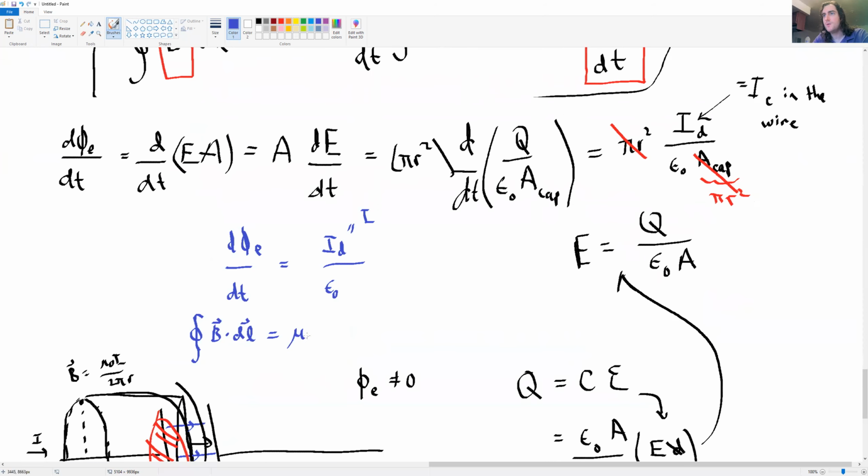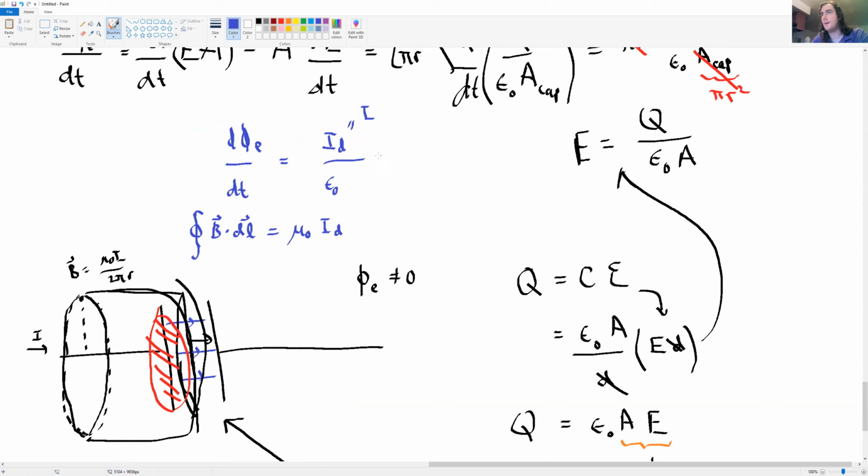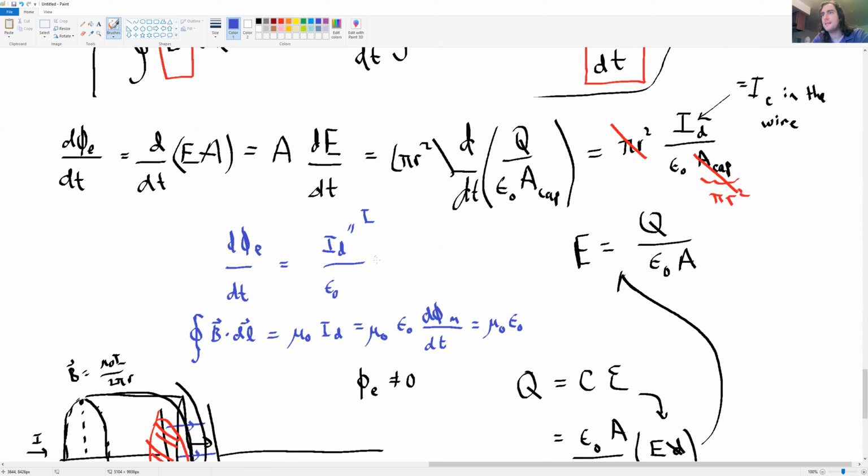So mu zero times I_D, and I_D, no, this is not the right expression. Yeah, I want this one right here. Yeah, that's the one I want. So I_D is equal to epsilon 0 times d phi_m dt, and then d phi_m dt, mu 0, epsilon 0. D phi_m dt is given